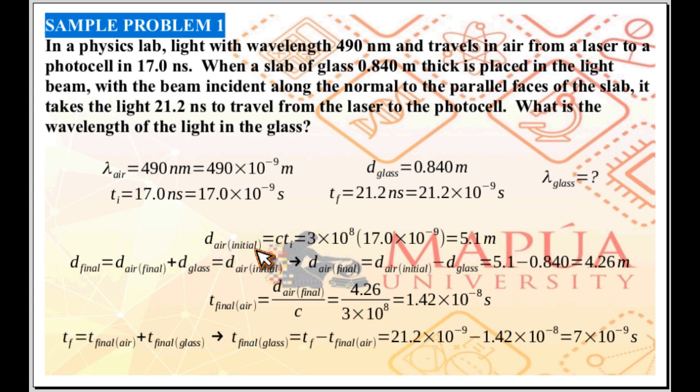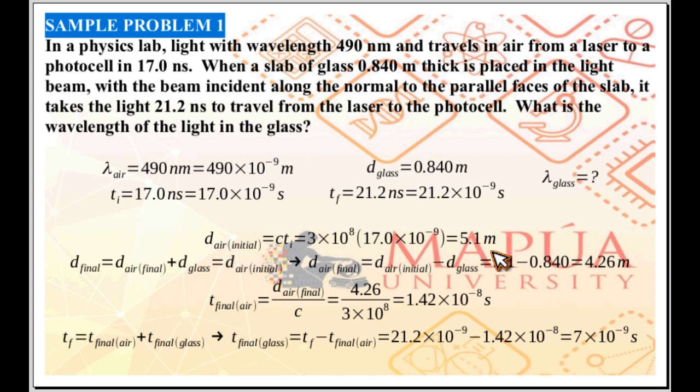Now, D air initial is the initial case: light traveling in air from a laser to a photocell. This means the distance between the laser and the photocell is D air initial,